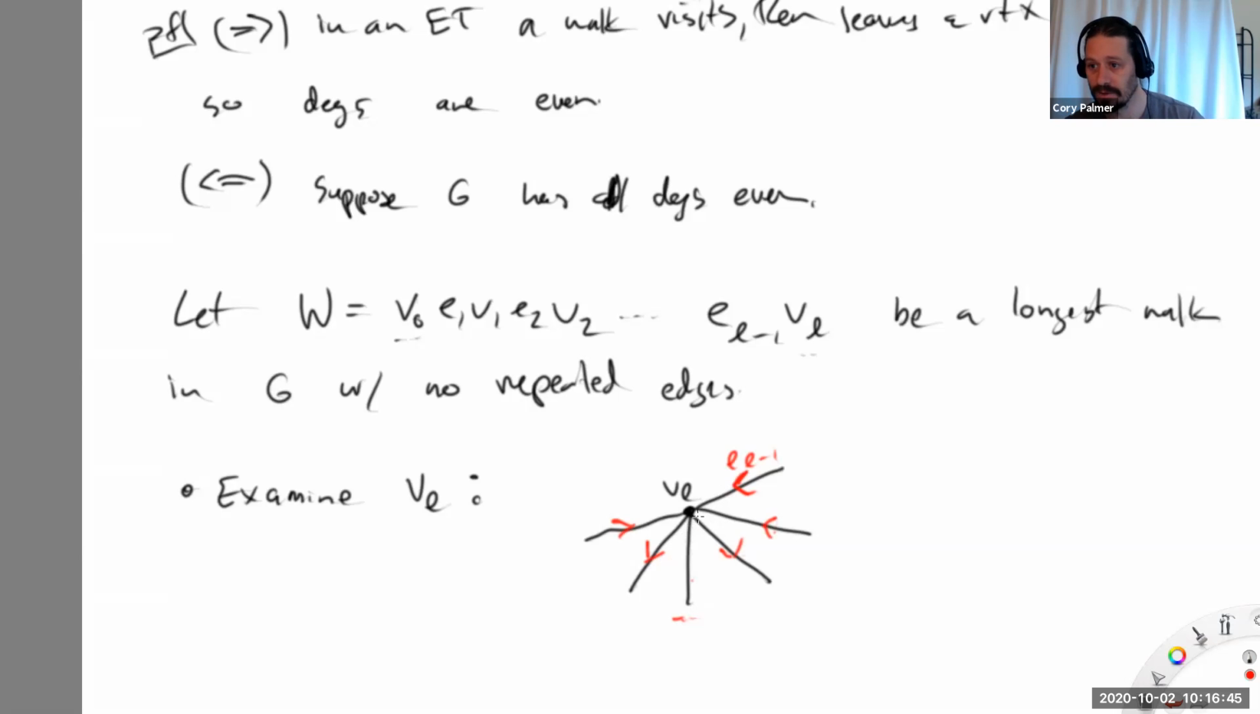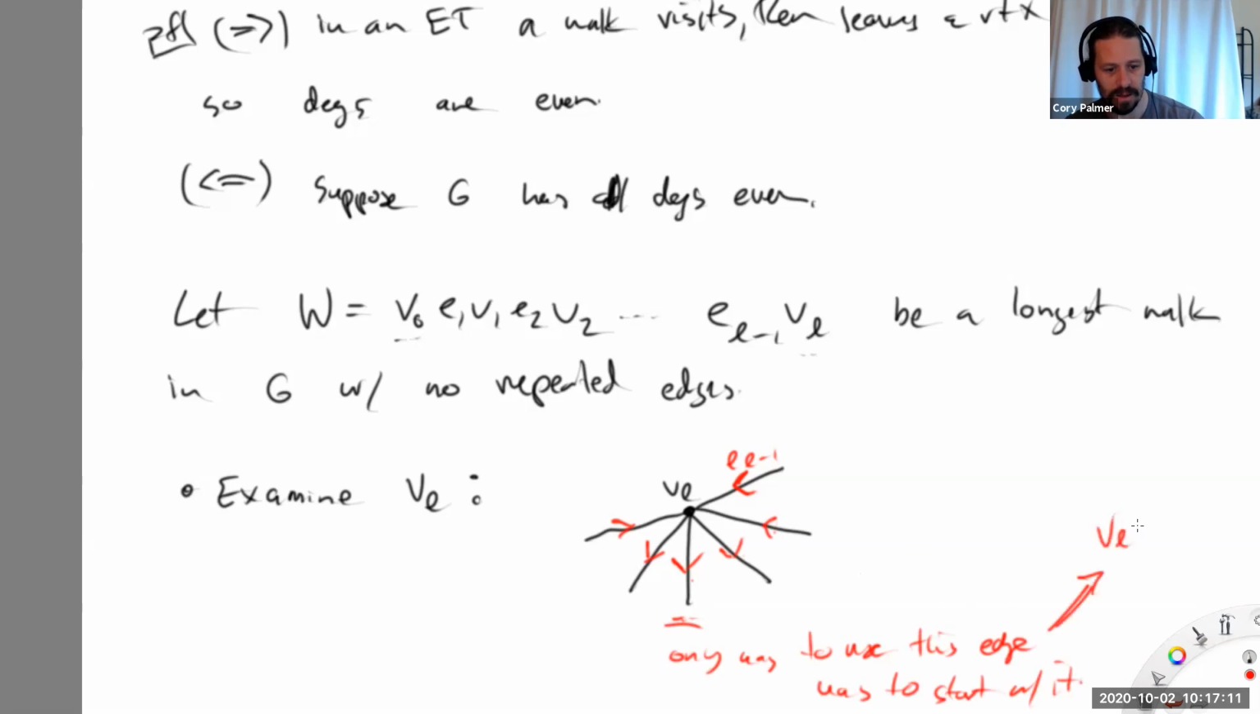It'd be if I literally started in VL, the whole thing, and walked out. The first step I made was walk out, and then in, out, and then in at the very end. That's the only way to use this edge, because of the evenness, was to start with it. And what does that mean? That means this implies that VL equals V0, that the starting point was actually the ending point